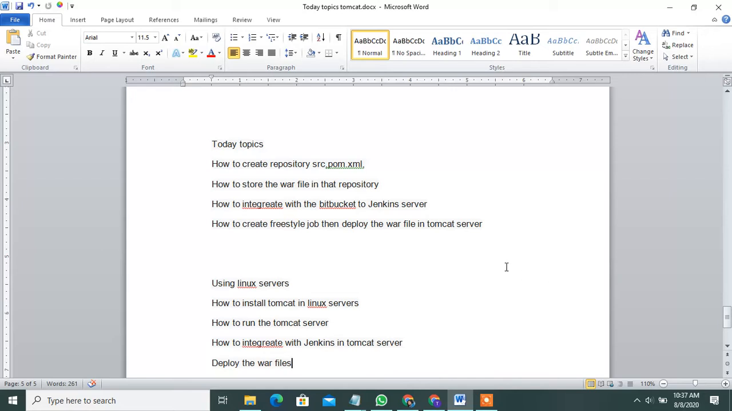Today's topic is how to install Tomcat on Linux servers, how to run the Tomcat server, and how to integrate Jenkins with your Tomcat server to deploy the WAR file using Jenkins. This is what I will discuss today. First of all, to understand this topic,